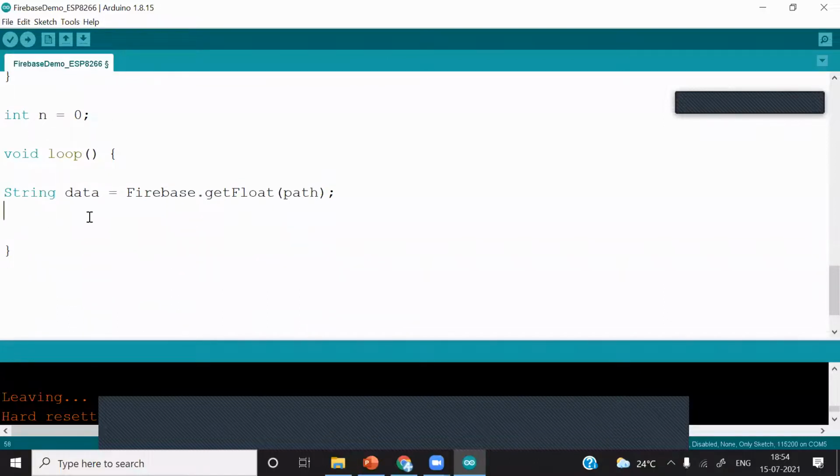And after that, what do we want to do? After reading data, we are going to compare the commands we are going to send from Firebase to ESP8266. And depending upon those commands, we will turn off or on the LED, default LED on ESP8266. If the data we are going to fetch equals double quote, just 1 second.